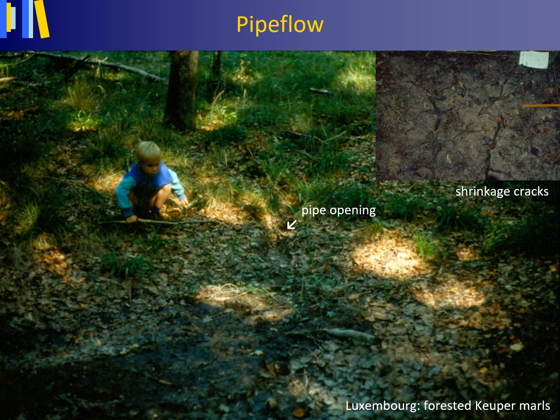As an example, soils in forested areas of the Steinmergelkeuper Marls in the Gutland of Luxembourg are made up of a 30 cm thick loam-textured layer overlying an impeding clay horizon. The topsoil above the impeding layer contains many mole burrows that are interconnected in a downslope direction for observed lengths of up to 120 meters, and that support the short-circuiting action just described during a large part of the year when shrinkage cracks are open, as shown here, and connected with these natural pipes.